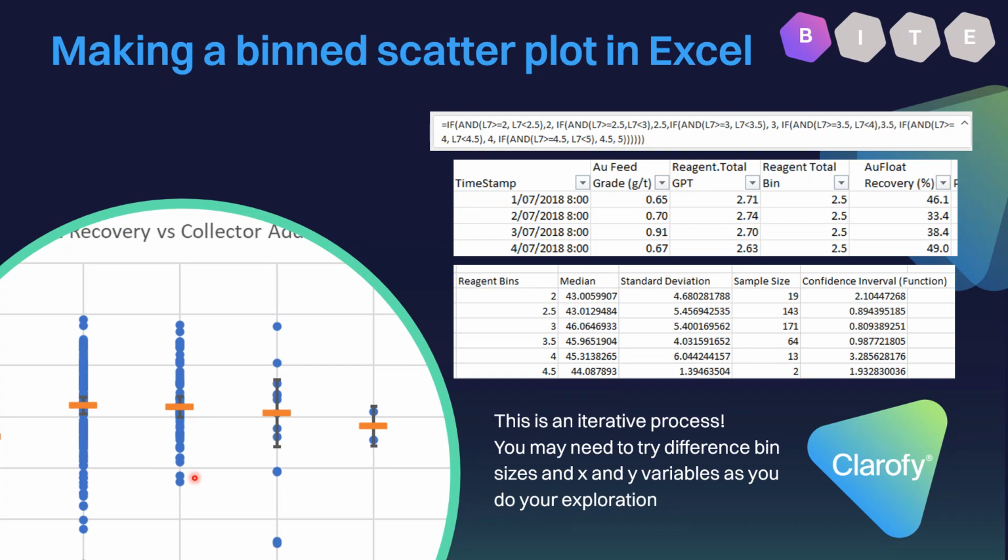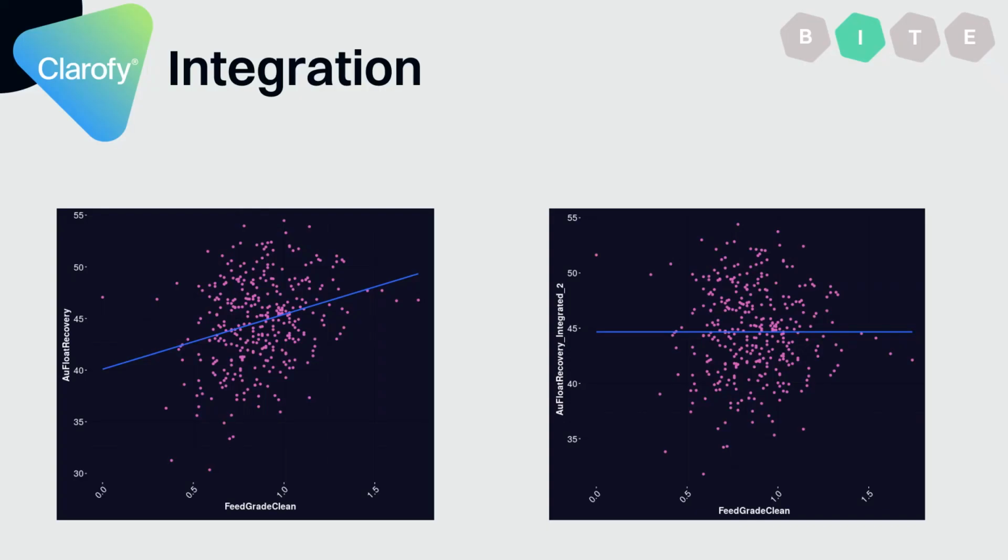Once you have your bin scatters, potentially, you might be noticing what's going on metallurgically. You might be thinking, are there other factors that are impacting my recovery? For this particular case, we knew from the Met team on the site that the feed grade for this plant actually had a really strong relationship with recovery. So we knew that that was something we had to account for. So our next step after looking at some bin scatters was definitely integration.